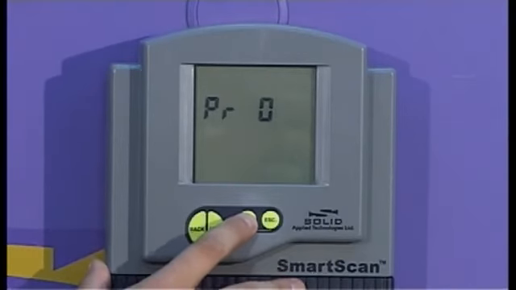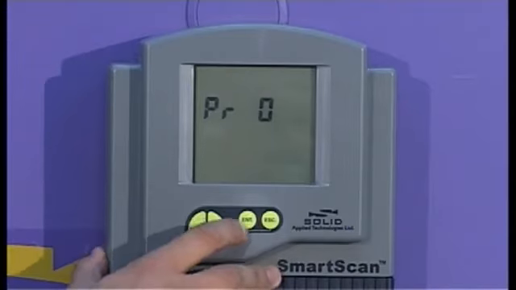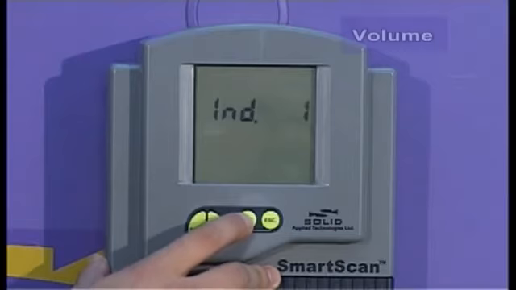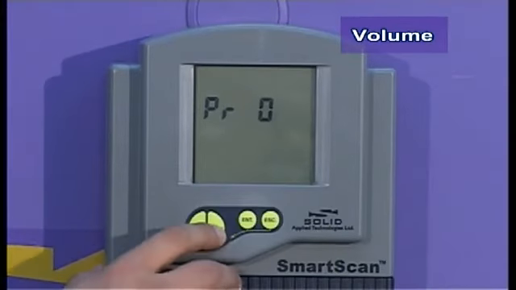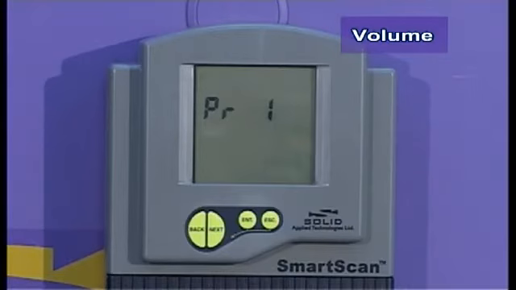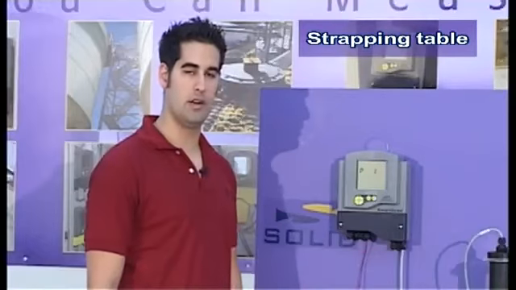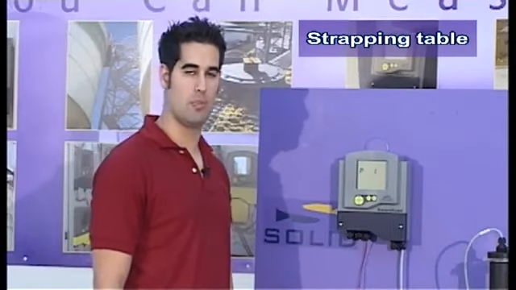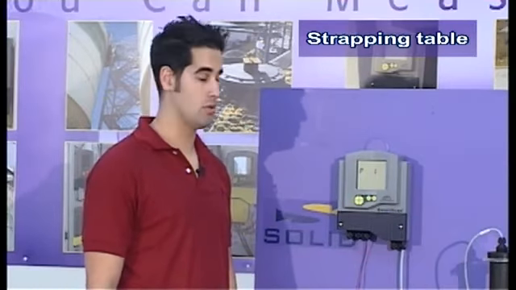For example, we will choose volume indication. We'll enter Program 0 and choose indication 1 that indicates the volume indication. After that, we will go to Program 1, which is manually inserting the strapping table points. For example, if I have a linear tank with a capacity of 2,000 liters and the height of 2 meters,